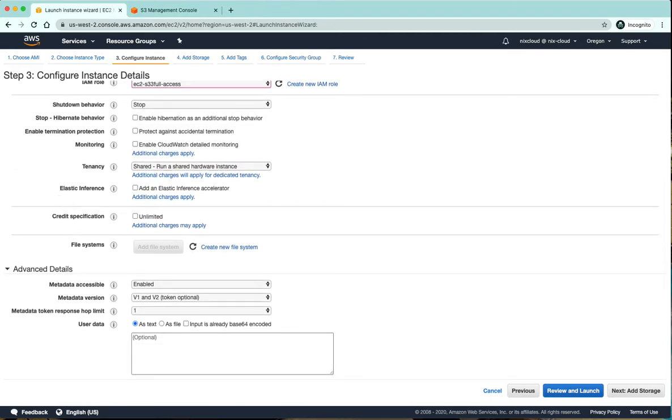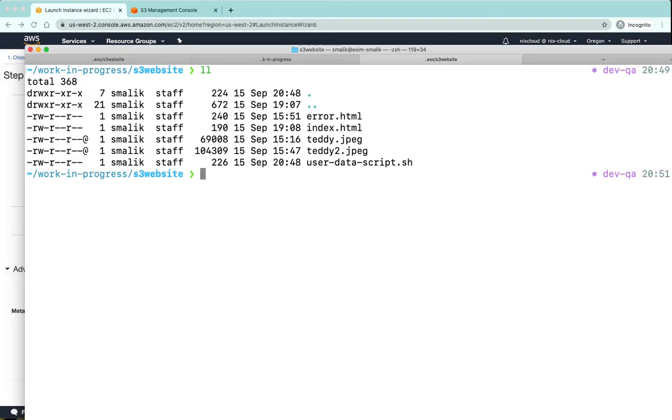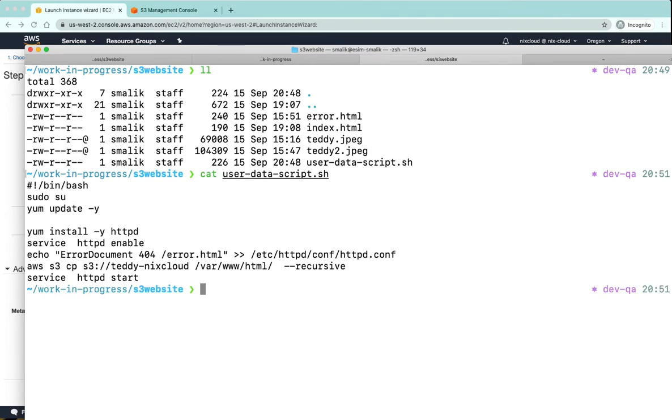The second thing that I would need is the script itself. Let me just pull up the screen which has that script. So over here I have all those files. This is the script that I'm going to bootstrap in user data.